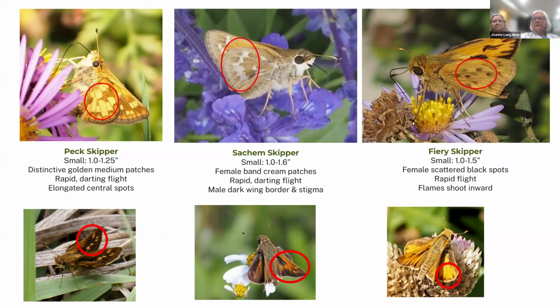The fiery skipper is also a stray. All three of these are strays, actually. And they have spots on the outside wing. And on the inside, you've got these, we call them flames, that point inside. You can see them right here. These three could be really common. They love flowers, so you're going to see them more in open areas where there's a lot of flowers. I don't see very many of them in the forest. They want the flowers and more open area.